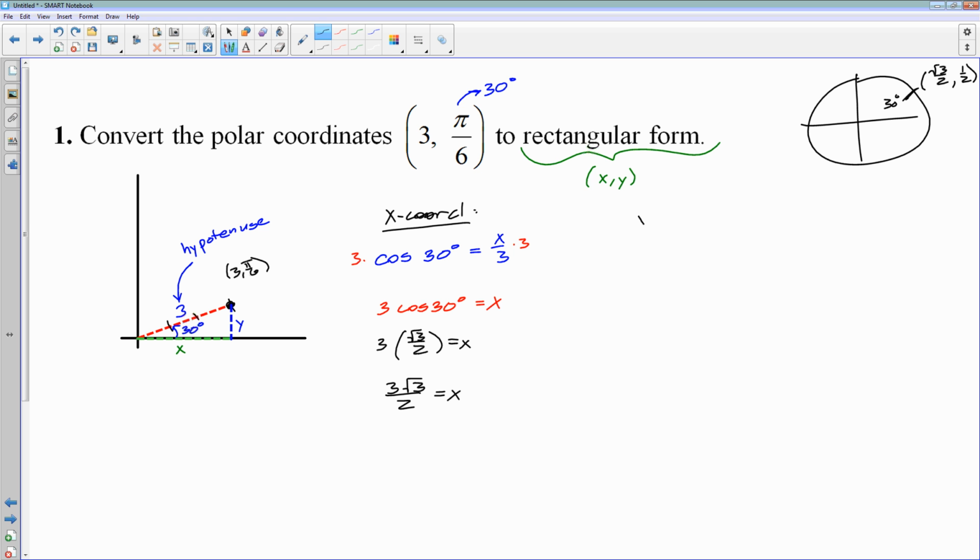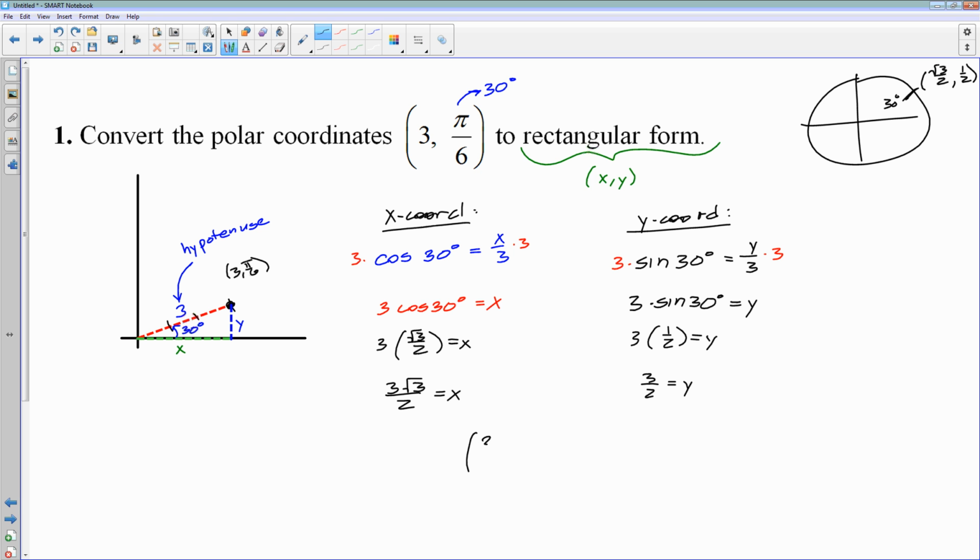To get my y coordinate, we'll do the same type of thing, but we're going to need to use sine, because sine of theta, or sine of my angle, 30 degrees, is the opposite leg of the triangle, y, over the hypotenuse. So 3 times the sine of 30 is going to equal y. I multiply both sides by 3, and sine of 30 is 1/2, so that's 3 times 1/2 equals y, and 3 over 2 is equal to y. So we use our right triangle trigonometry to figure out my x and my y,